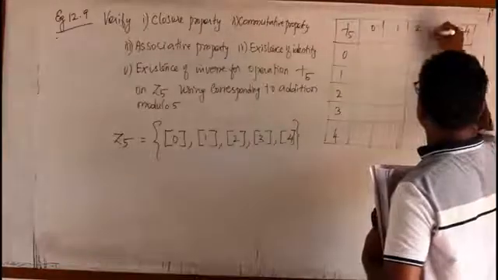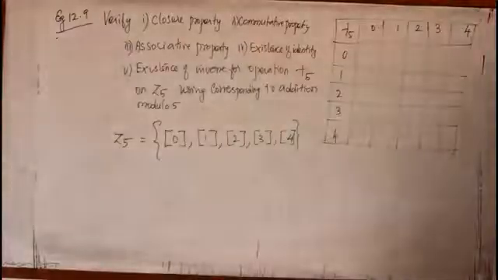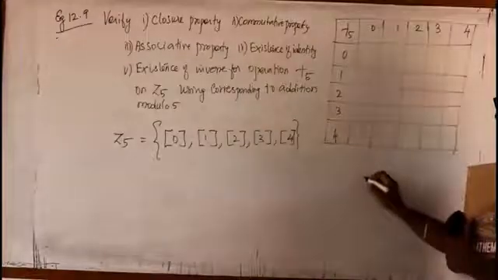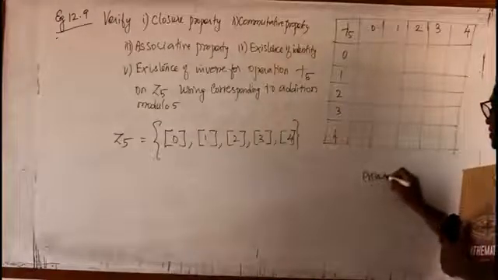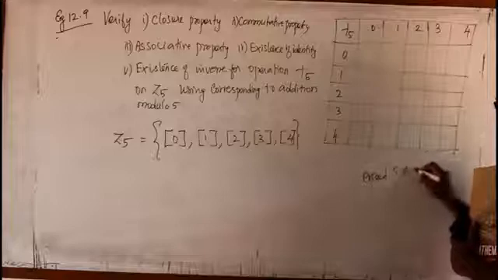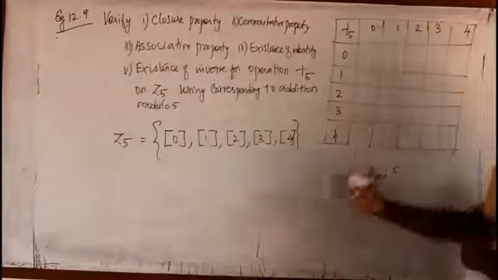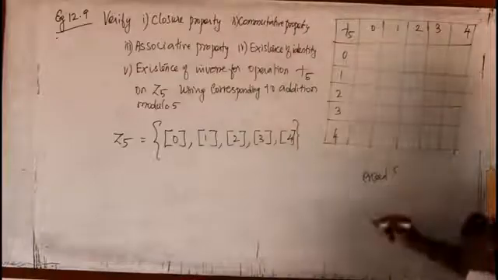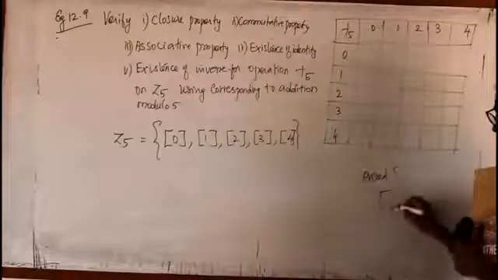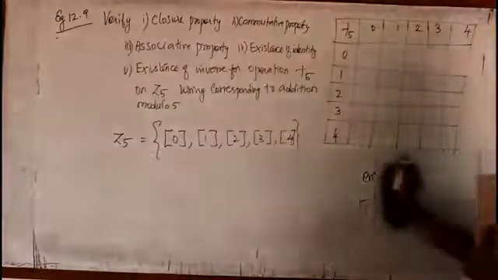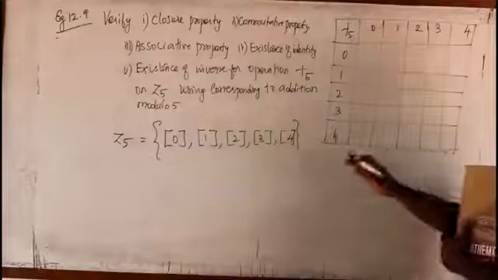Now listen here. I have to add these numbers. The only thing, since it is modulo 5, the number should not reach 5 or more. Suppose I add two numbers and it becomes 5 or more, then I must divide by 5 and take only the remainder. That's the meaning. See, it's very simple, just listen to me.